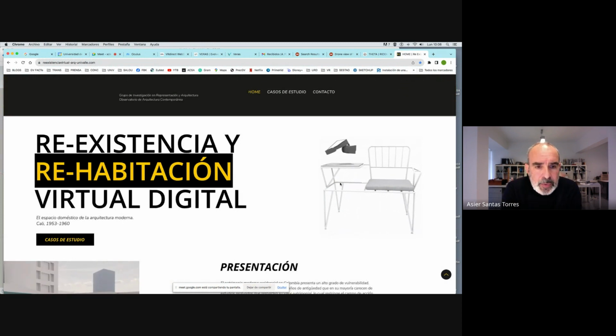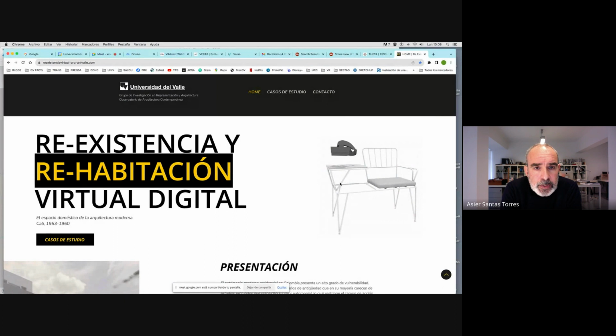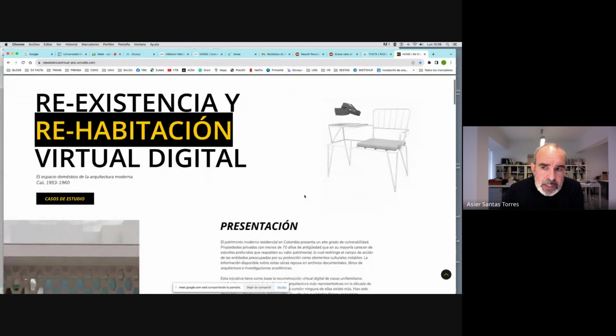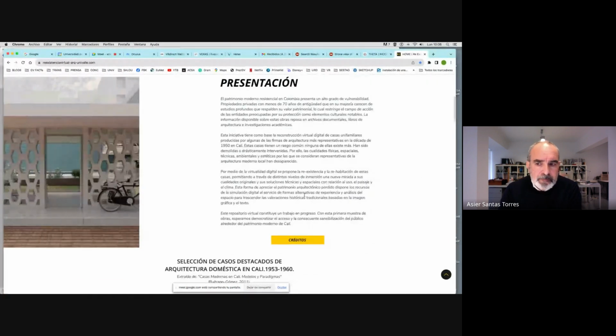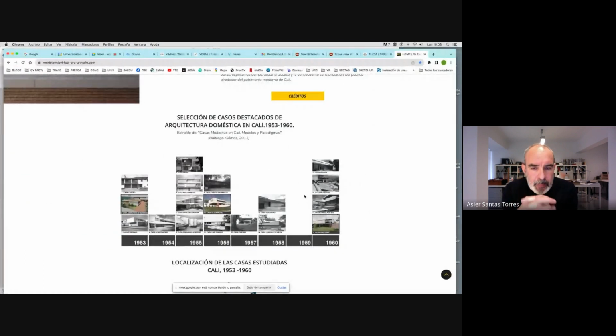Reexistencia and Rehabilitation is a virtual digital project done by the University del Valle, a Colombian university, and this is a research project that has been developed by architects in order to recover demolished, disappeared architectural milestones of the housing